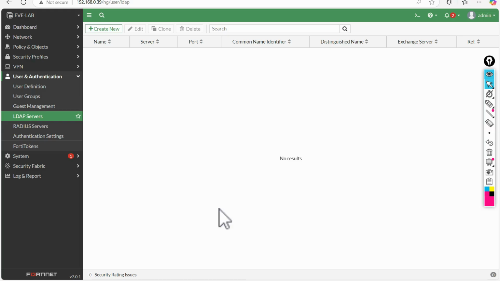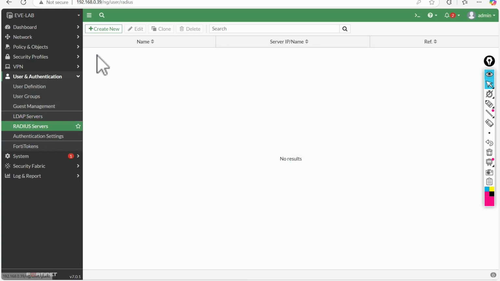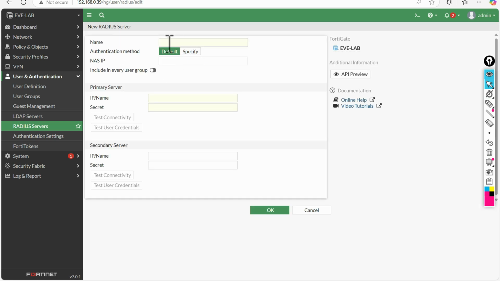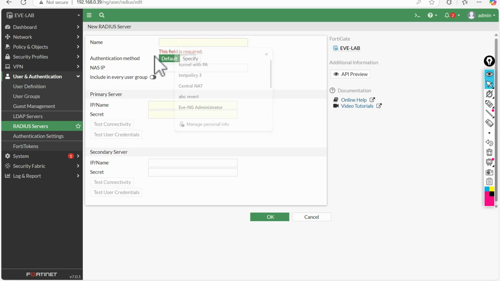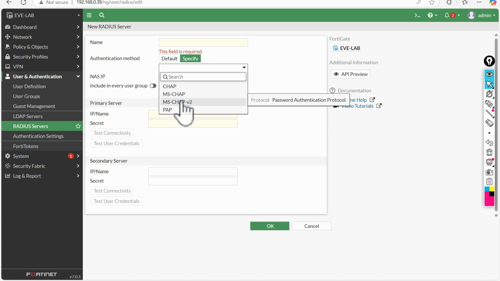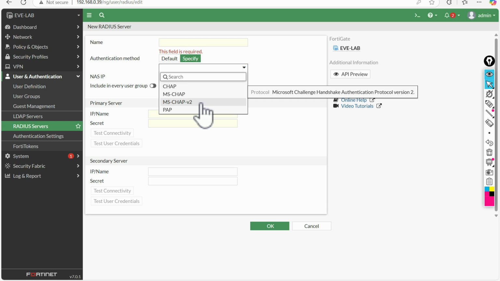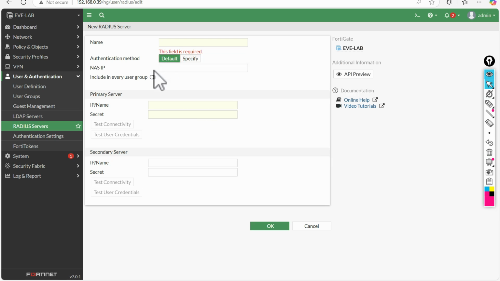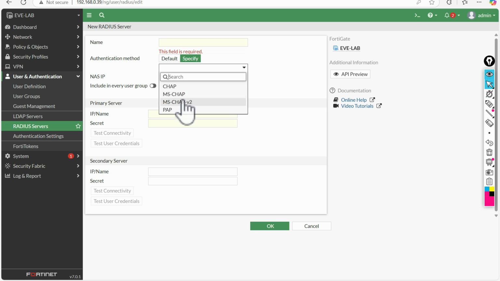Let me quickly show you how we can configure the RADIUS server. Here we have to define the name, and we have to define the authentication method as default. If we select default, then PAP, MSCHAP and MSCHAP2 will be used. Or we have to specify the authentication method.